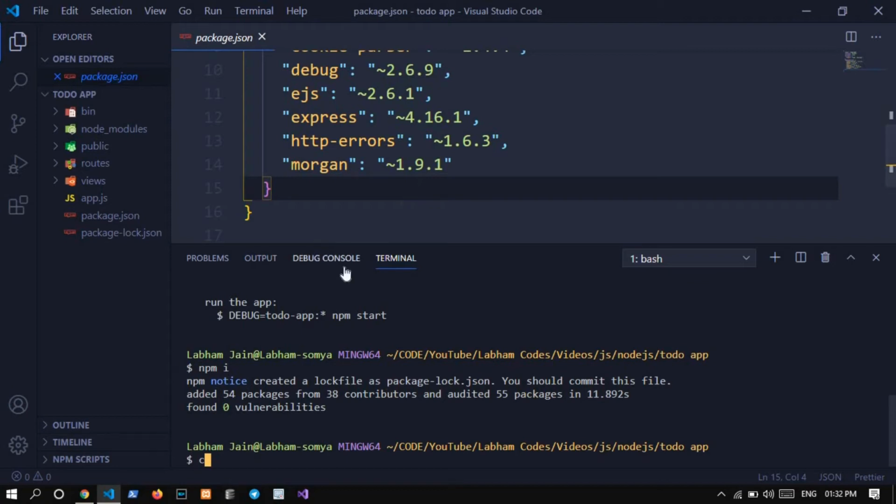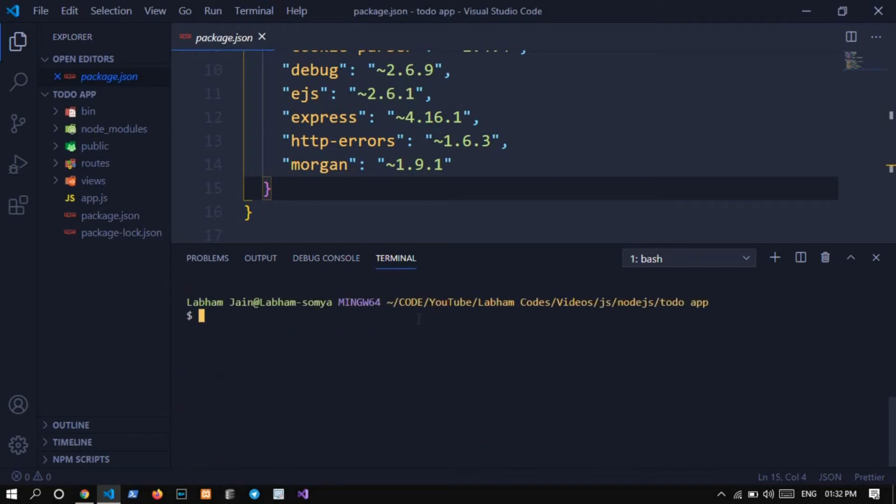So now let's install the dev dependency nodemon: npm i --save-dev, like this, and then nodemon.